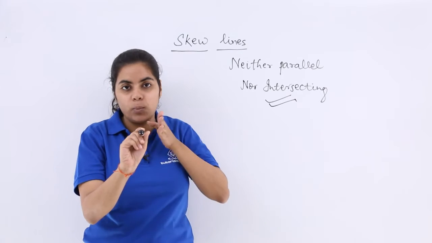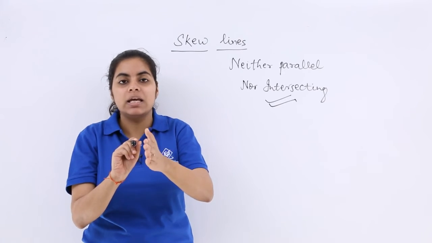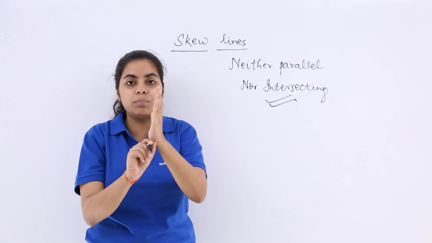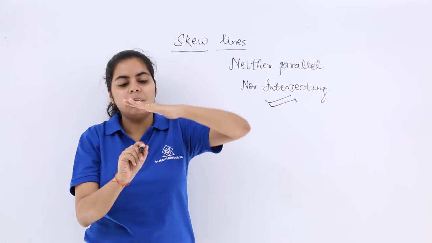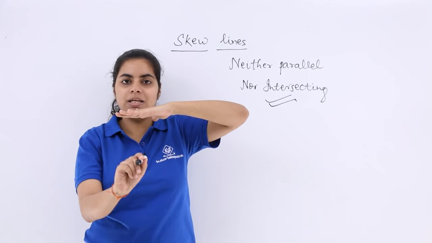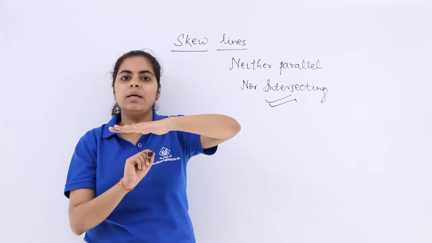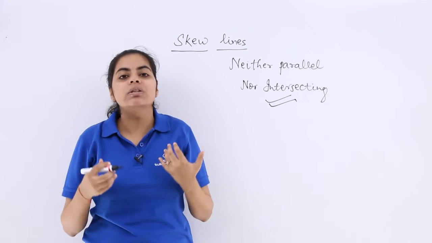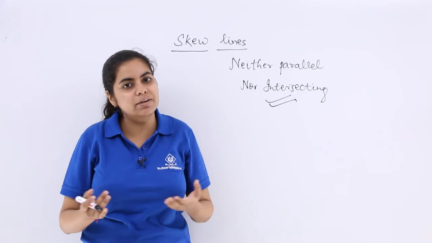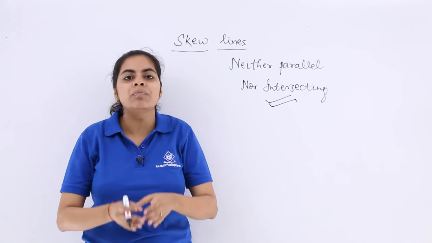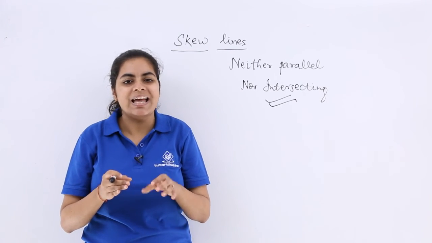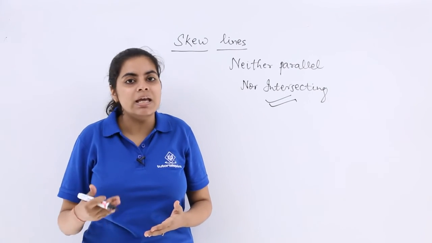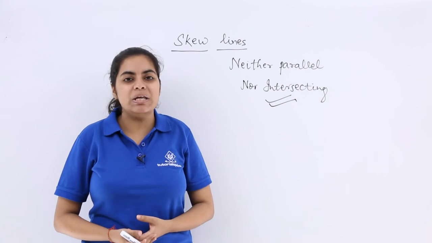Suppose this is a line which is going from here to here, right? In the same plane, if I place this line, definitely this will be perpendicular. That means there is a point of intersection, right? But if I do it like this, these lines will never be parallel and they might never be intersecting either. So this is an example of skew lines. Definitely this cannot be shown on pen and paper, but it can be visualized. And with the knowledge of skew lines, we are going to go into much more depth in the next videos with topics based on skew lines.